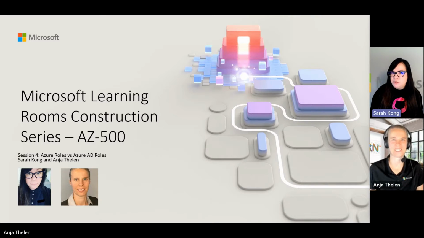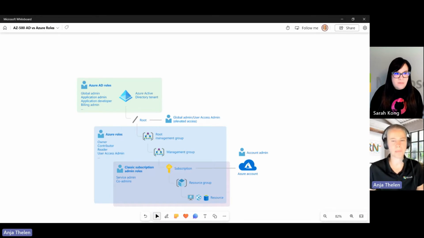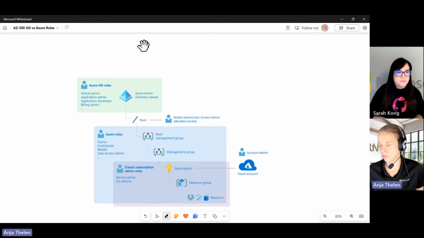So Azure roles versus Azure AD roles. Obviously, sounds like there's a difference. Can you explain that for us? Yes, I would love to. So let me bring up a little whiteboard here to make the point a little bit better. When we're talking about our roles,